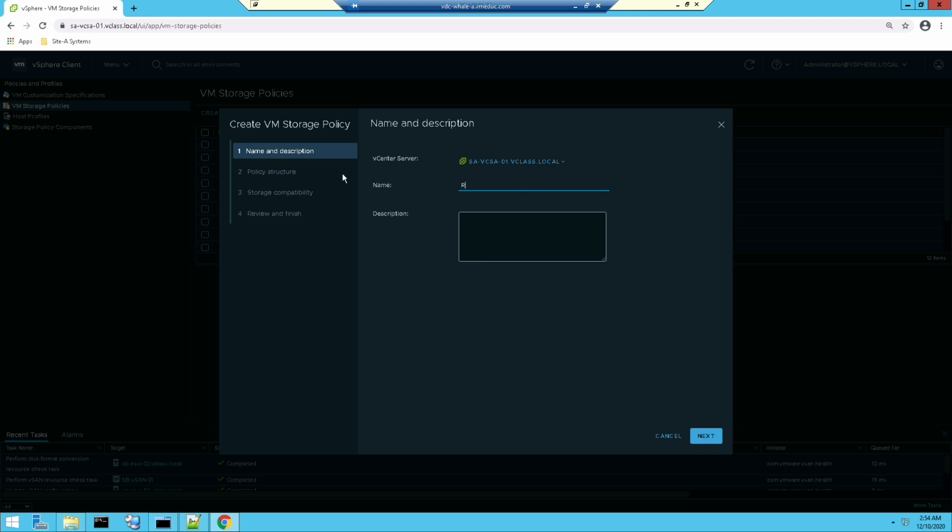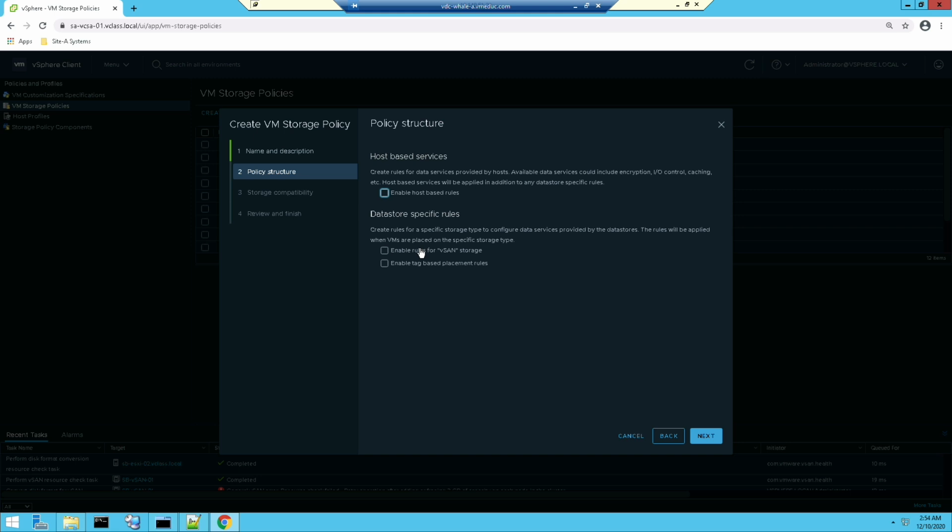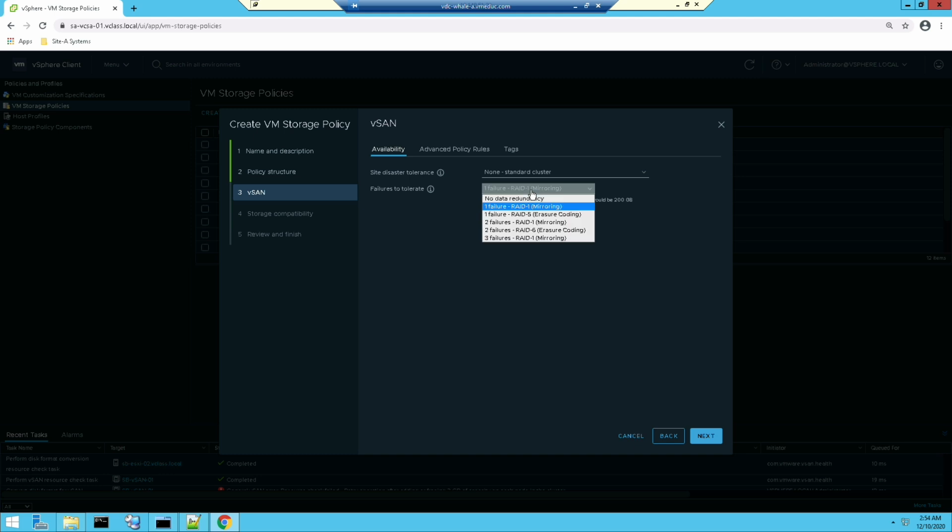I am going to give the policy a name. I'm going to click on next, and click on the checkbox for vSAN. I've mentioned it's a lot easier than it used to be to create these policies. If you ever compare the way we do it with the vSphere client with, let's say, the web client a few years back, night and day difference. The naming convention is a lot easier in the vSphere client. So I am going to choose the option for RAID 6. And if you take a look,